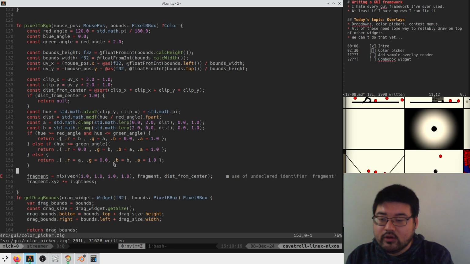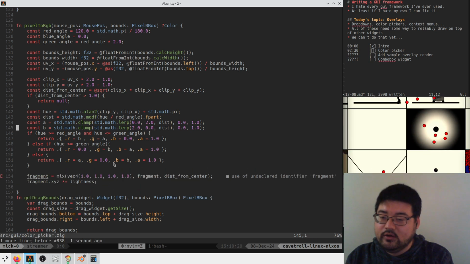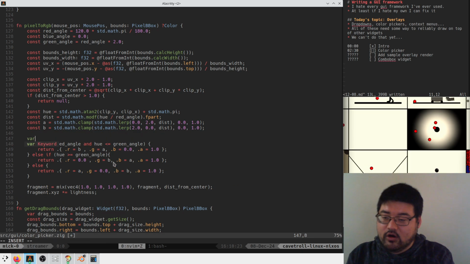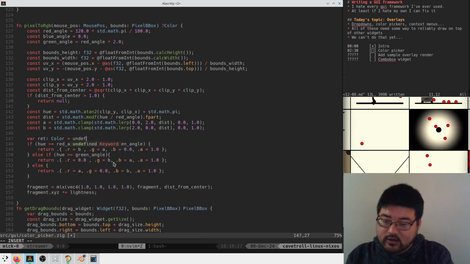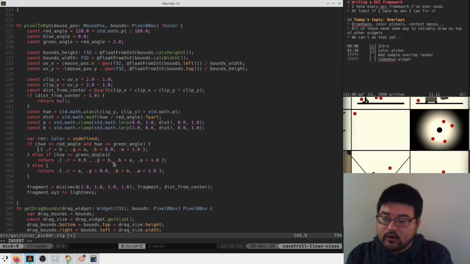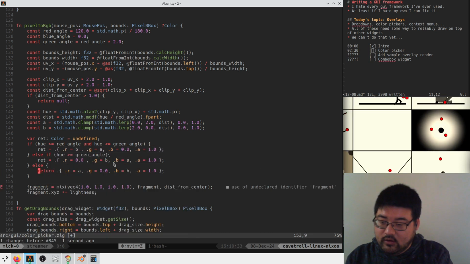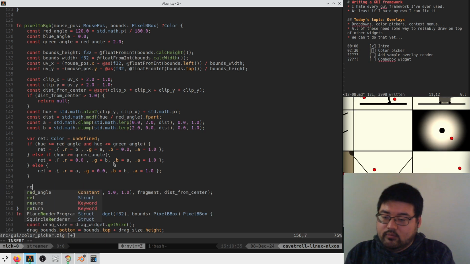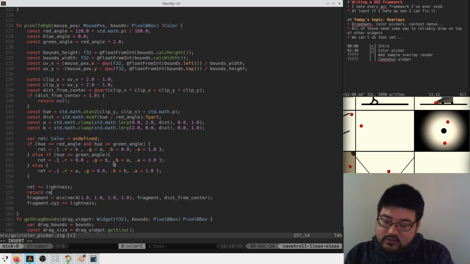All right. Oh, and then we need to multiply by the lightness. So we actually need var ret is a color, undefined. Then we do ret equals on all these, and then ret times equals lightness, which doesn't exist, return ret. So we need to do something like